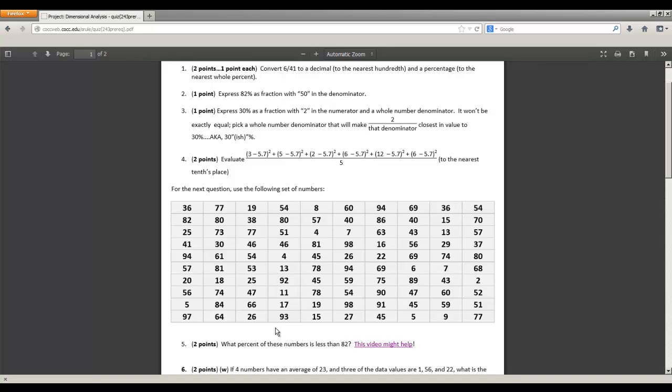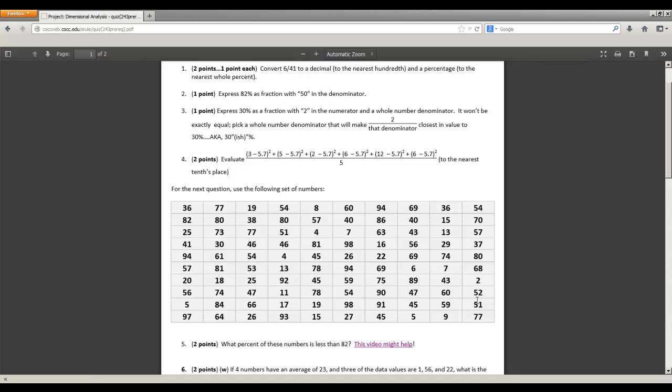One way to do that, of course, is to simply go through and count, which is totally fine and totally acceptable. But for those of you that want a technological way of doing this that might be quicker, I have a hard time manually or mentally counting up these numbers. I'd have to actually go in and dot them myself or cross them out. So here's a way to use Excel to do it for you. If you don't want to use Excel, then you can stop the video right now and we'll see you in class. If you do want to use Excel, the first thing you have to do is get this data